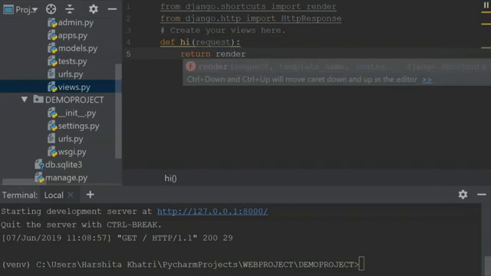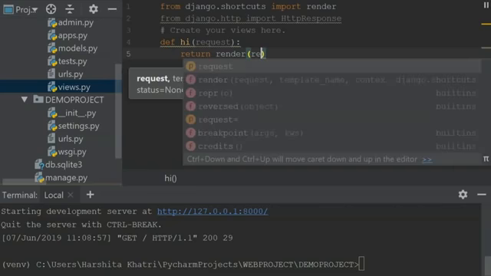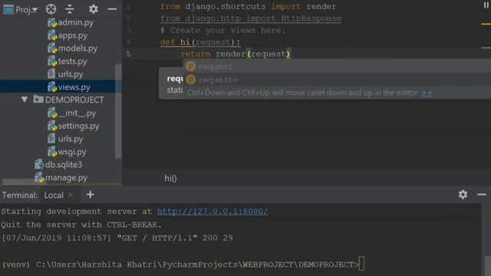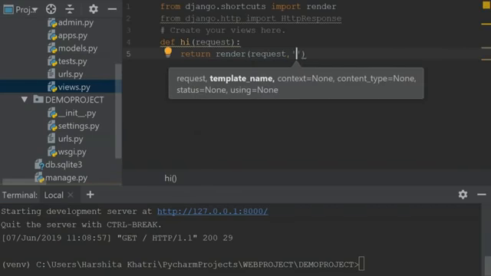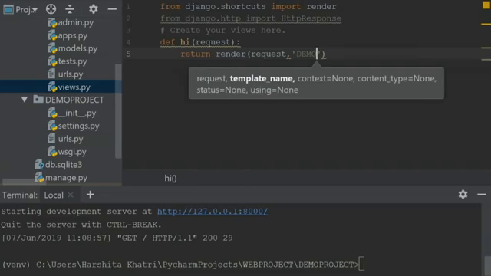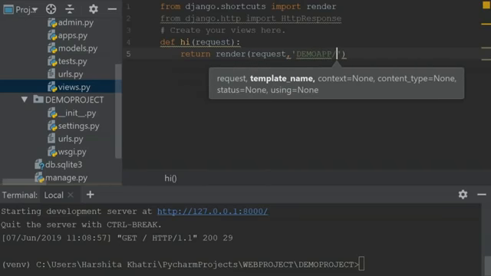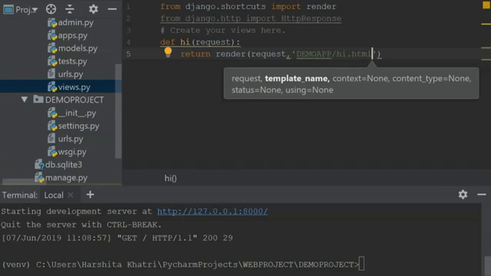I'll return render. And I'll specify the request. And then within a string, I'll specify the HTML file which is present in the demo app. So demo app slash hi.html, which is the name of my file. Guys, please write the same name which you have given to your file.